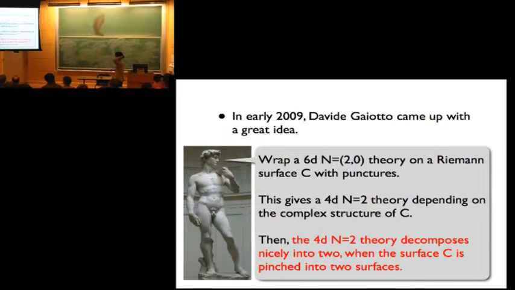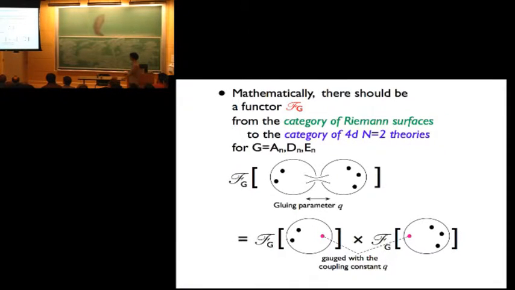pointed out by Davide. And mathematically speaking, this should mean, I mean, I used lots of undefined words in this first slide. So mathematically, this should mean that there should be a functor, F_G, for G some simply laced Lie algebra or Lie group, from the category of Riemann surfaces to the category of 4D N equals 2 theories. So the idea is that you can associate a mathematical object, which I would call a 4D N equals 2 theory, to a punctured Riemann surface. So this is one example of